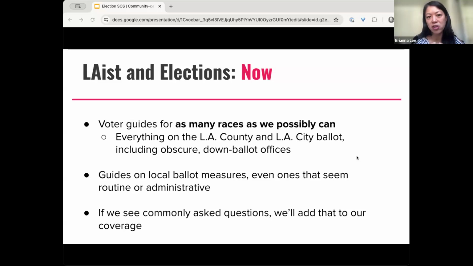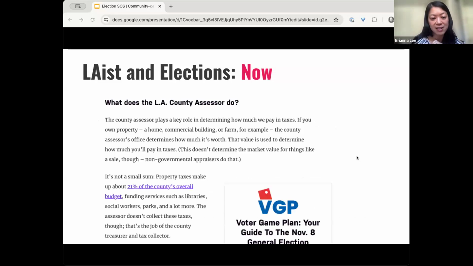And so we try to fill in those gaps and produce stories around commonly asked questions all the time. So what does that look like in our guides? This is a little clip from our guide to the LA County Assessor's Race, which was actually a pretty top performing guide. We always have a section that explains what this office is and gives real world examples of how they wield their power, really concrete ways of letting people understand what is the job that you are trying to hire for when you're looking at candidates, right?